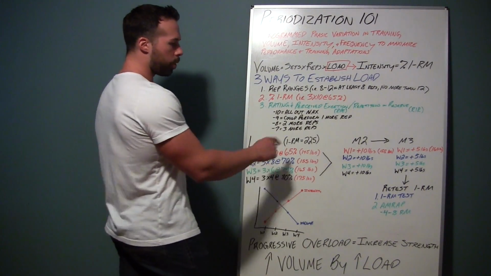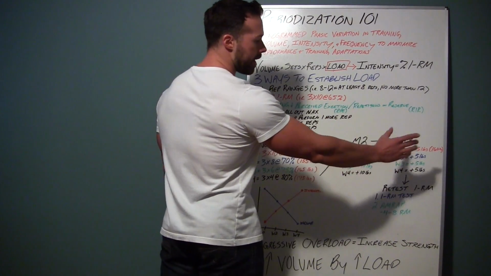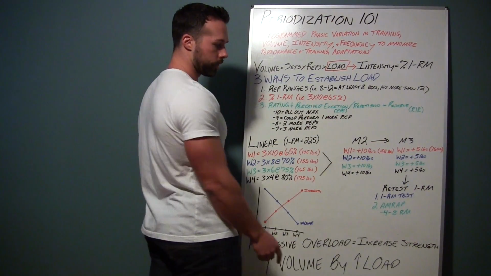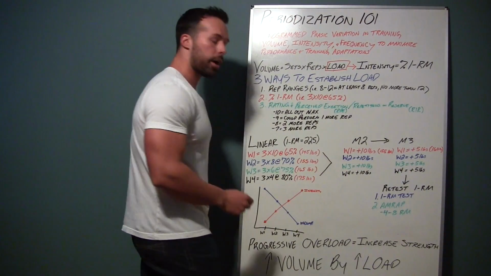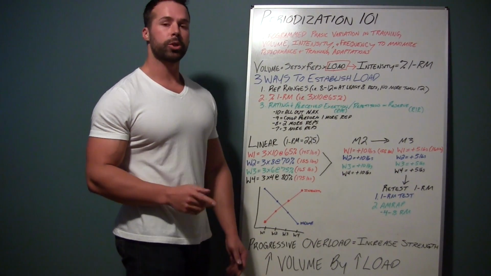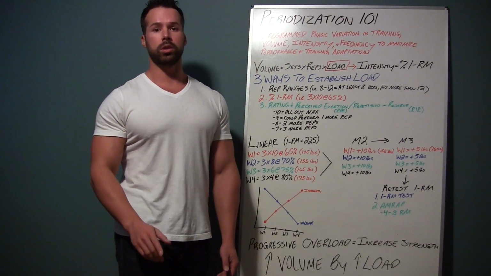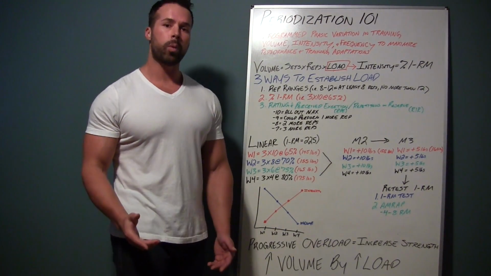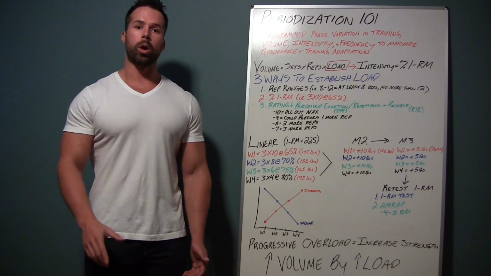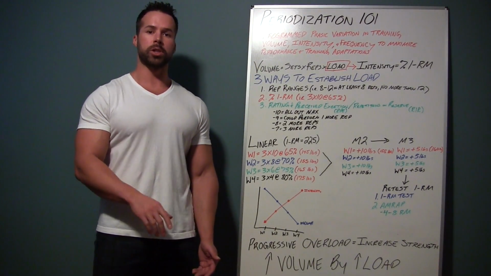So in this protocol, you go through months 1, 2, and 3, and at the end of the 3rd month, you're actually going to retest your 1RM. Now, there's 2 ways you can do this. The first way is an actual 1 repetition max test, finding the maximum weight you can lift for 1 repetition. The second way is by doing an AMRAP, or performing a set with the weight for as many reps as